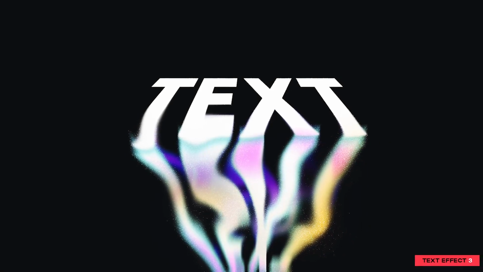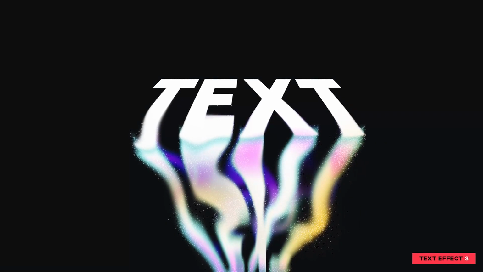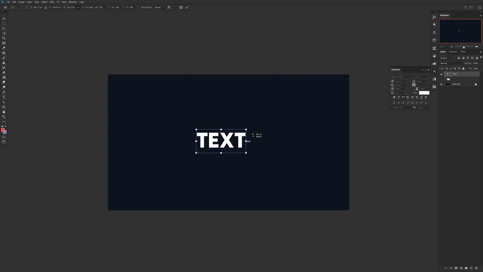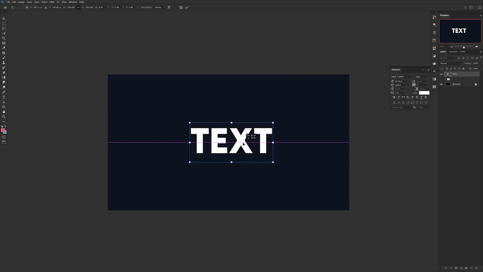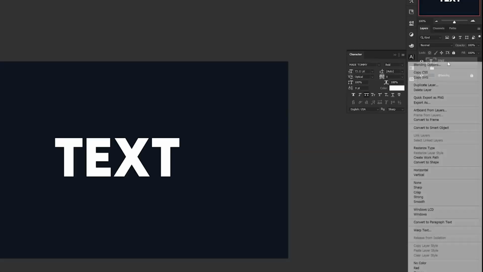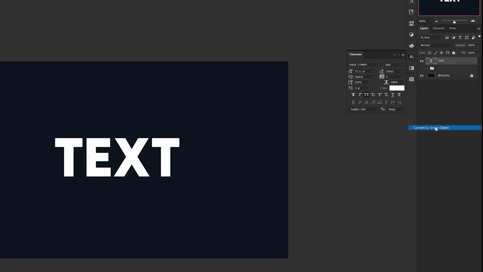Alright guys, and for the last text effect for the video, it's this really cool, awesome, ghostly aurora effect. One of the ways you can do it yourselves is simply writing out the word with the font of your choice. After making sure it's all spelled right and it's the size that you would like, you want to right click on the actual text layer and convert it into a smart